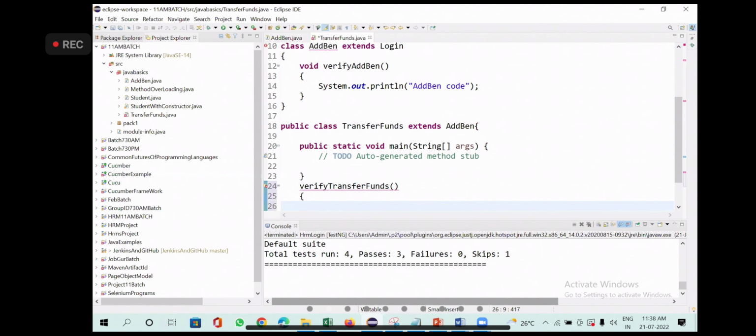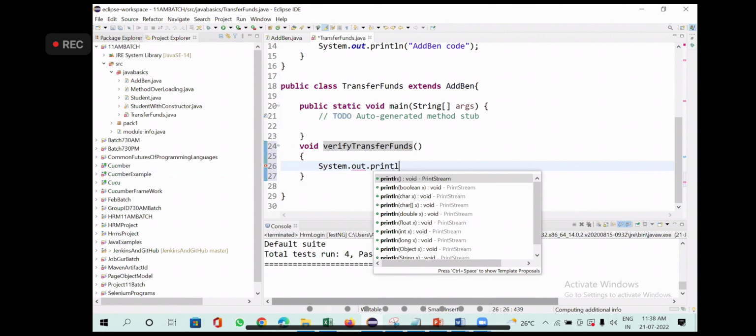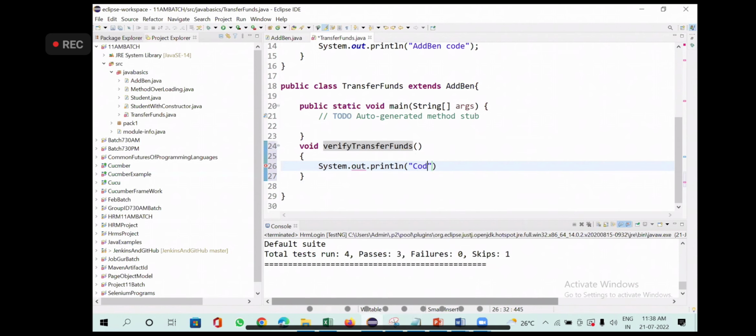Why error? Okay, what is the error? Now I'll add the code for transfer funds.